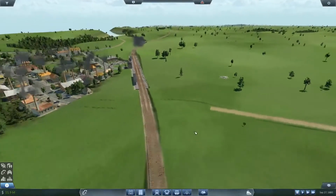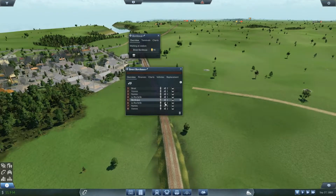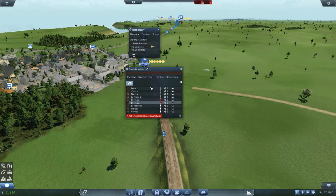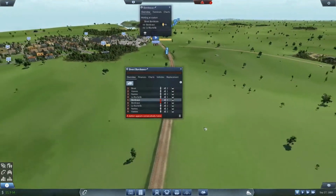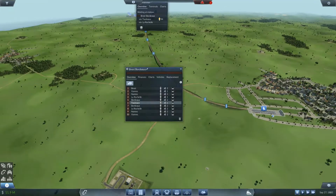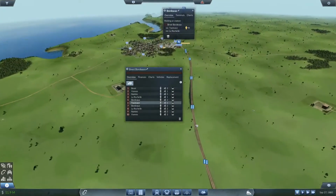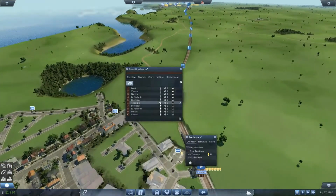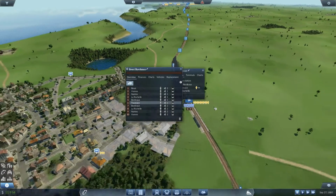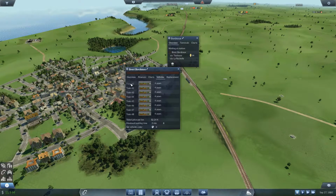Let's close that. So what I want to do is, we know we've got this Brest-Bordeaux route. After Bordeaux, it's going to need to go back to Bordeaux. But it's also going to go now to Toulouse. So we need to sort out this one, it comes back down. So on this route it needs to go into that one. There we go. I just want to see